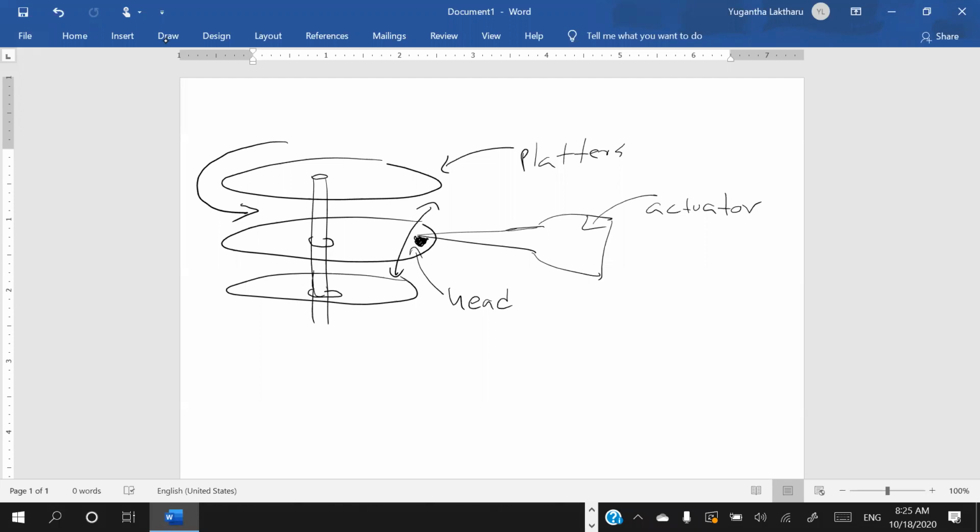And hold on, my direction is incorrect. This is not the way that the head is going to move. It's going to move forward and backward, right? So the correct place will be selected, and the head will be moved when the correct cluster comes under the head, right?